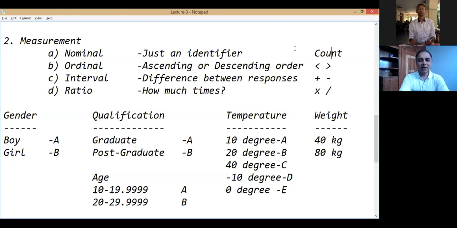So basically, why do we say measurement is only of 4 types? Because our mathematical operators are of 4 types. That's why these are just a reflection of those mathematical operators. When we go for the nominal measurement, we can simply count. This many girls are there in the session. I cannot say they are good or bad or superior, inferior, nothing.